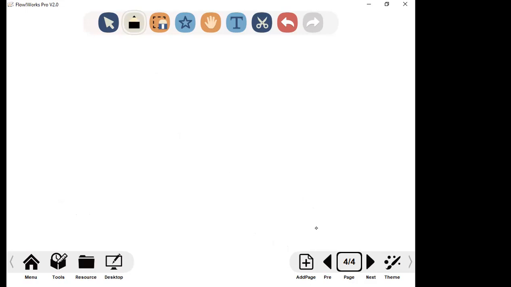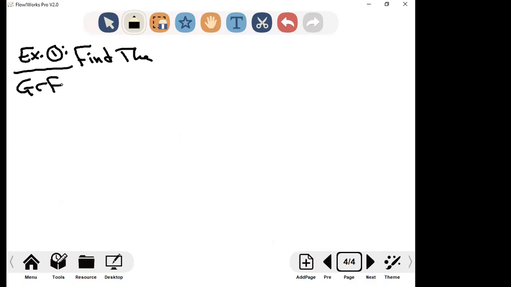Let's focus a bit. Example 1. Find the greatest common factor of what? 12y and